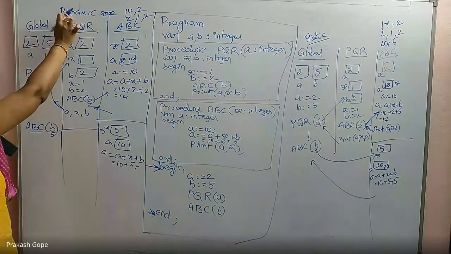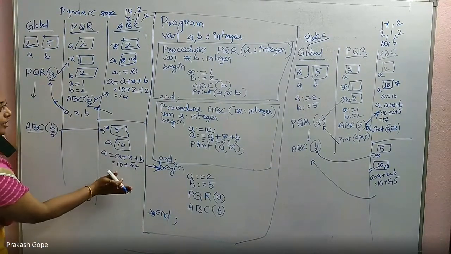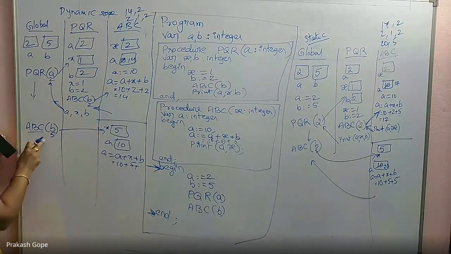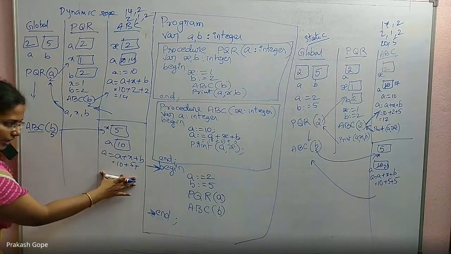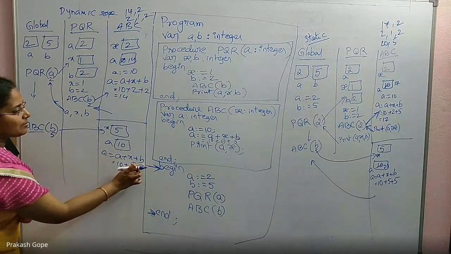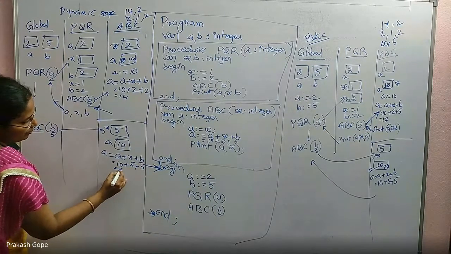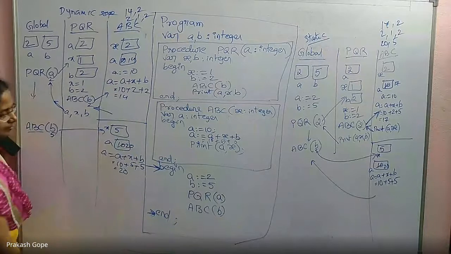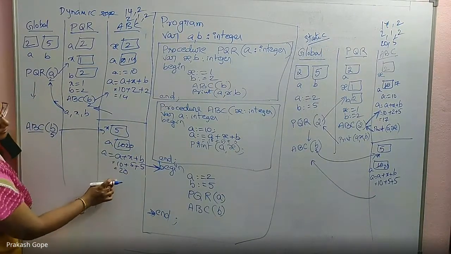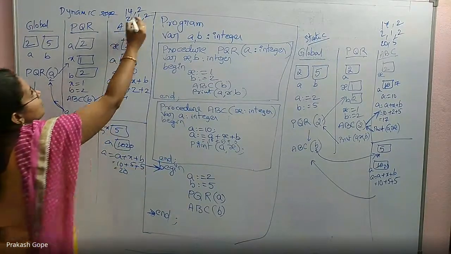Dynamic scope. We are solving dynamic scope. Calling environment's B. Who is the calling environment of ABC now? The call is coming from the global program. So the calling environment now for this is global. So global's B I will access. Global's B is 5. So total 20. Update. Right? So print. There is a print statement, A and X. A and X are 20 comma 5.